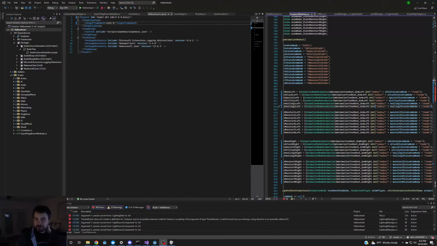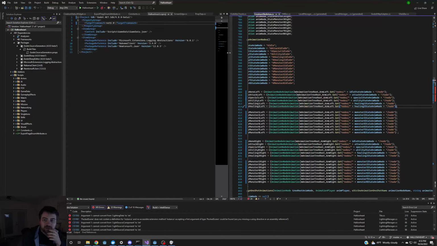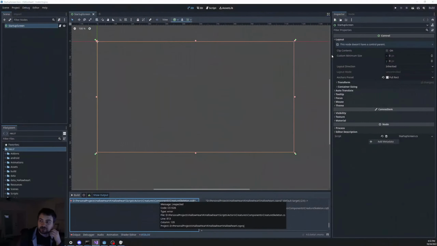This evening I'm going to be taking my project and converting it to Godot 4 beta. I've already done the process of setting up a new project, or setting up the new Godot 4 beta, and importing my project. And obviously there's just a million errors I'm going to be going through, looking at the errors that come up and figuring out what the correct new nodes need to be, what the correct classes are. And I've done this a little bit